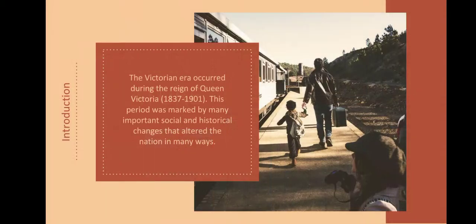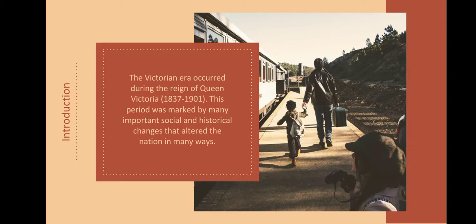So let's get started. The Victorian era occurred during the reign of Queen Victoria, that is from 1837 until 1901. This period was marked by many important social and historical changes that altered the nation in many ways. For example, women's roles were now being spotted and recognized, and novels became the means where the domestic confinement of women was questioned. And the British Empire expanded exponentially, and technological and industrial progress helped Britain become the most powerful